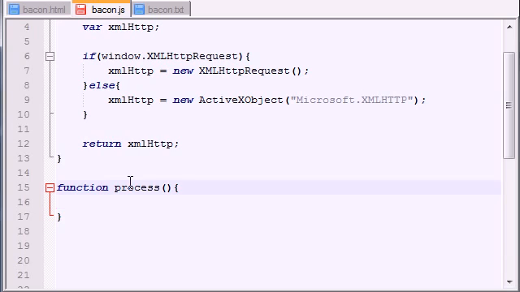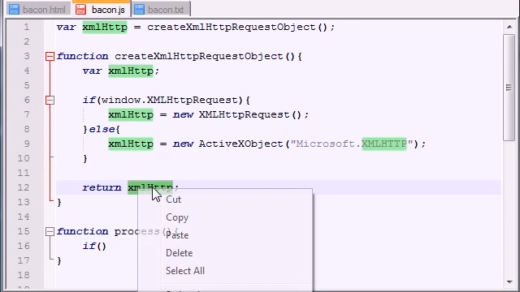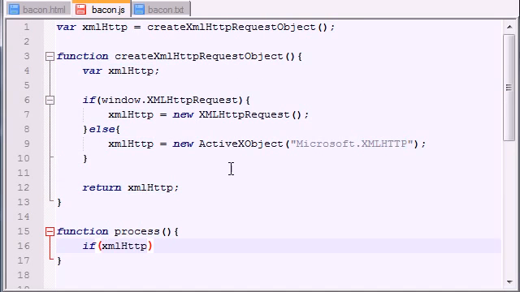Alright, so remember that this function gets called as soon as the web page loads. So the first thing that I like to do is make an if statement that says, okay, if XML HTTP. Now, why do I like to do this? What's the point? Well, what this does is it checks that this object is not void,